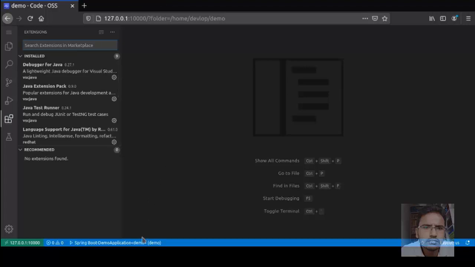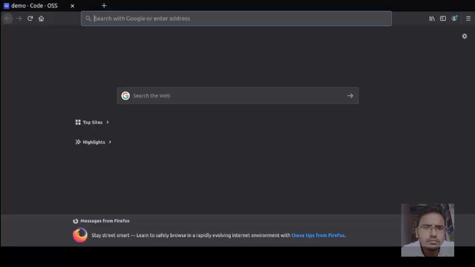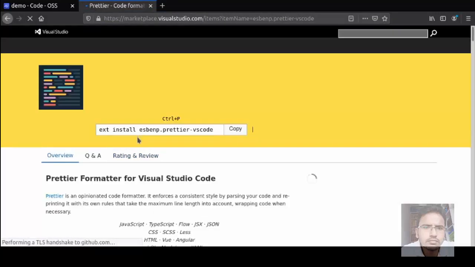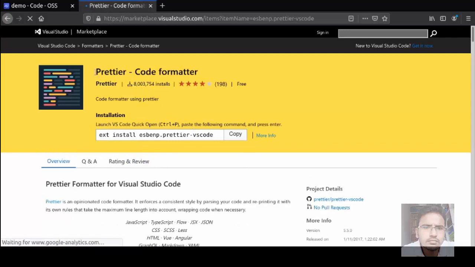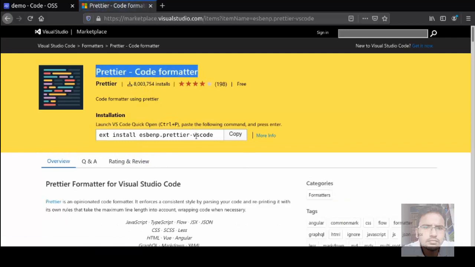Now I will download some useful extensions for our development purpose, that is full stack development, whether it is Angular front end development, React, or back end development like Java. Go to this link.